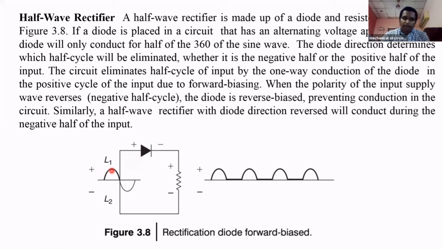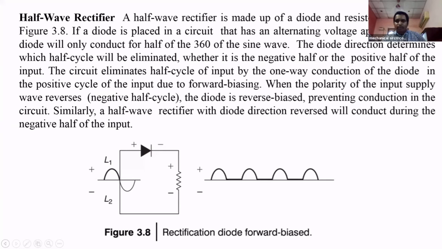In the first, positive cycle, the current is flowing in this direction, and the diode allows that cycle. The positive cycle of current moves across the diode because it is connected in forward bias. Again, the direction changes to reverse. Now in the second half cycle, the current is moving in this direction, so the diode is reverse biased and does not allow it. The second cycle is eliminated. Again, in this direction it allows, in this direction it does not, because this direction is forward bias and this direction is reverse bias. So the diode allows current in one direction only.